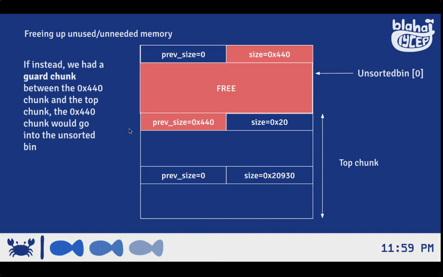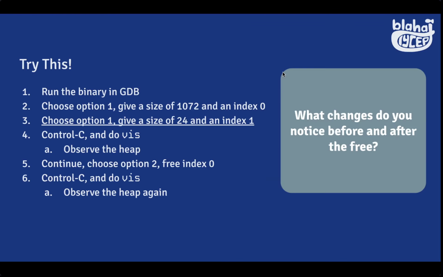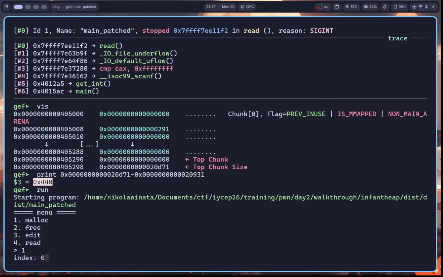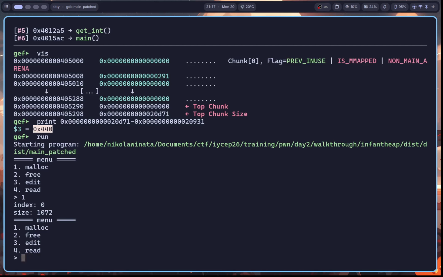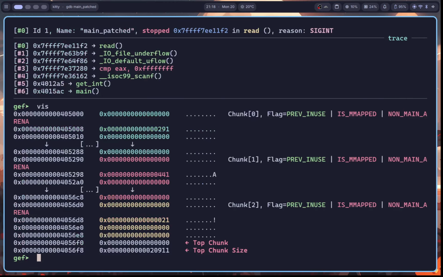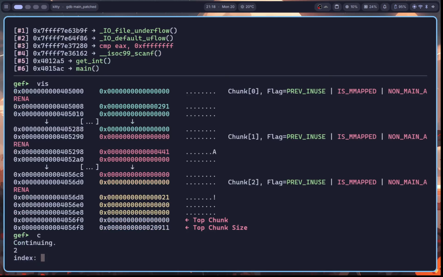And basically, this will prevent our large chunk from combining with the top chunk, and instead it will go into the unsorted bin, right? And if we try this, let's say in GDB, I'm gonna malloc our very large chunk, and then I'm gonna allocate a little chunk, right? I view this in the heap. You see our large chunk is over here, the hex 440 size chunk. And then after it, in between the actual top chunk and this chunk that we allocated, there's this small chunk, right? And now if we free this large chunk,